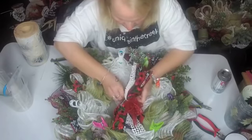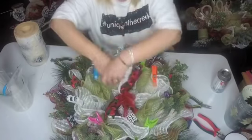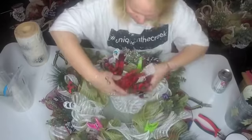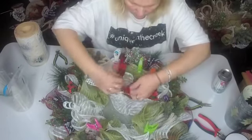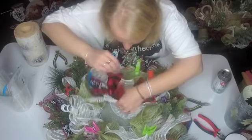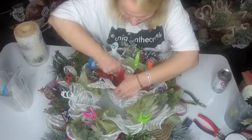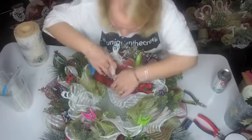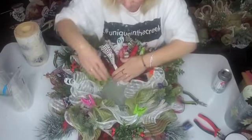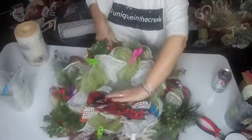So I'm just zip tying the zip tie into the zip tie, you know. Okay, so now I just pulled the zip tie that the deco mesh was in. And now I'm going to... where did the other one go? There it is. The white on white. Okay, so there, and now I'm going to go right across, turn this around, because I want to put a bow